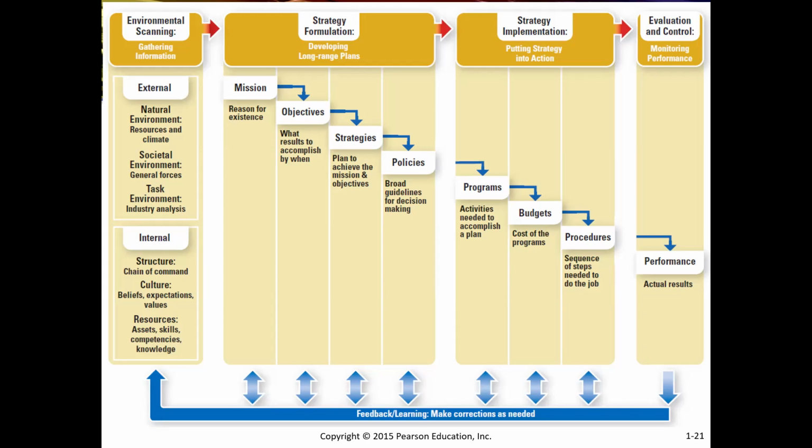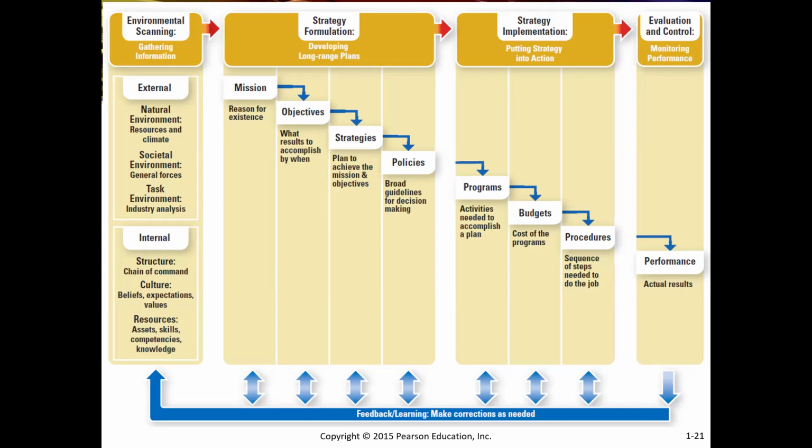And to achieve those objectives, you need to have some strategies. And those strategies are within the policies of the company. So once you develop the long range plans with strategy formulation, you are going to move into the third step,